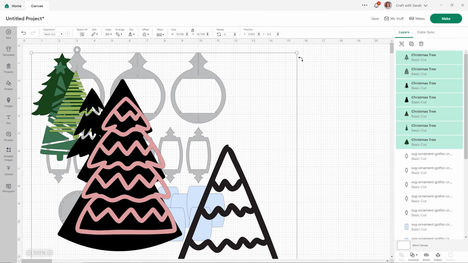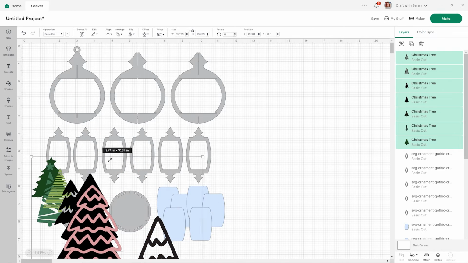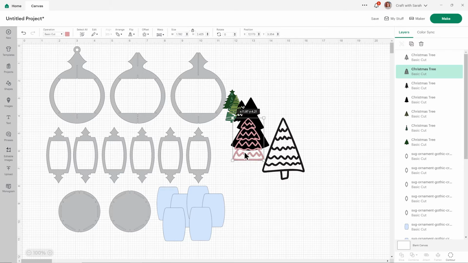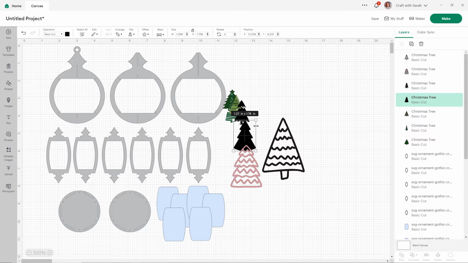Okay, I'm imagining these will load in really big, which they have. So we'll make them all smaller. And then we can start adding them into the edges. I'm going to do each edge with a different pattern, a different tree. But if you want to, you can alternate. I mean, you could even just do one and repeat it 6 times. What I often do is 2 or 3 designs. And then if there's 2, I'll repeat them 3 times to make the 6. Or if there's 3, you only need to repeat them once.